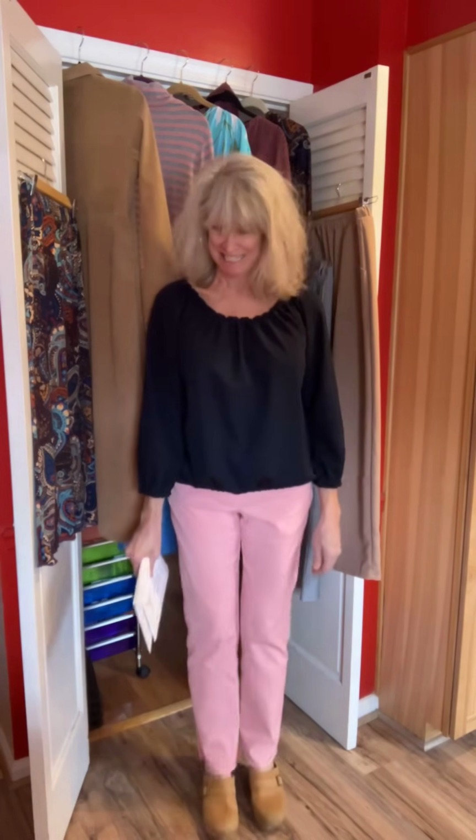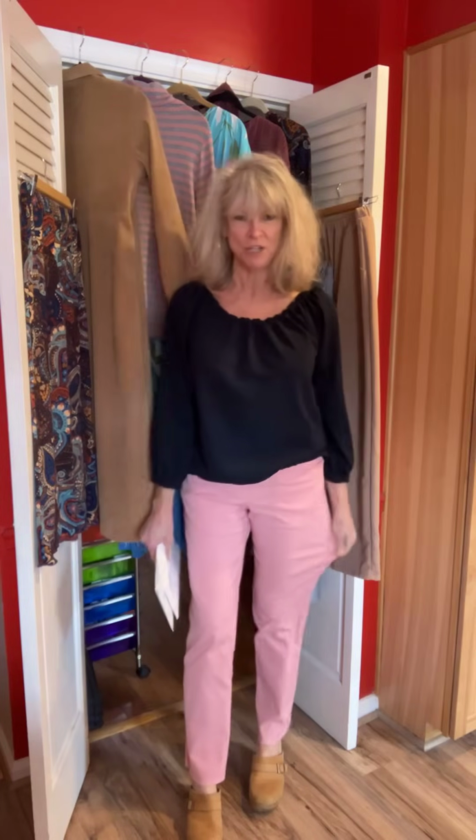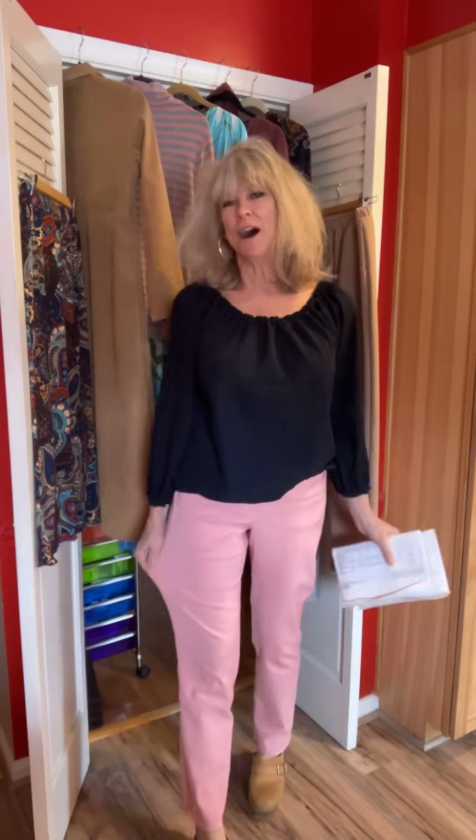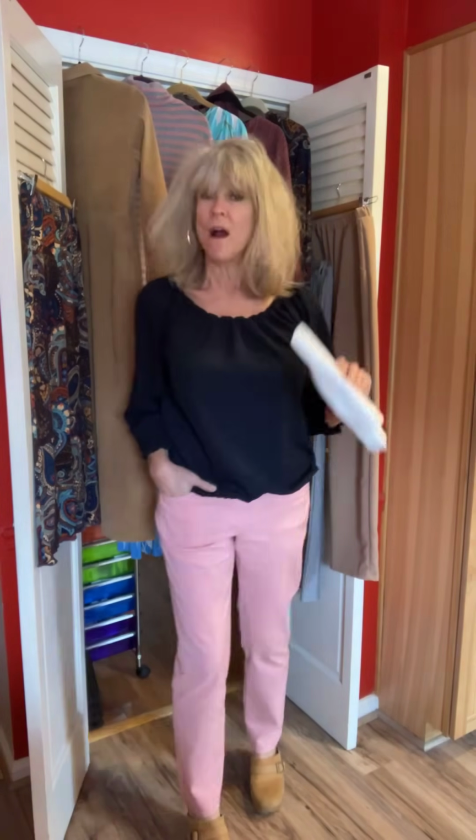I am fat enough again to fit into my pink jeans. It's amazing what inactivity and chocolate can do. So I'm really glad that they fit again. Now they're a little bit roomy. I would still size down on the next pair just because I've got this real stretchy, bouncy Bengaline from Fabric